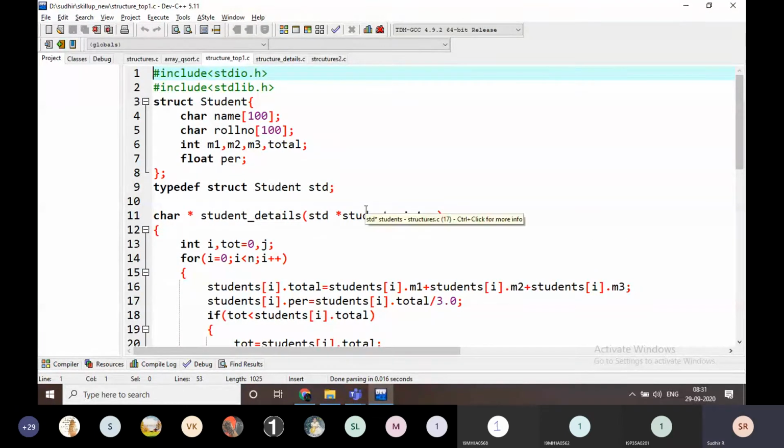But now I am going to write here a comparison on the score. I want to display all the students, but the one who got the highest marks is going to be displayed on the top of the chart, and the next one and the next one, like that. I am going to write it using the qsort algorithm.